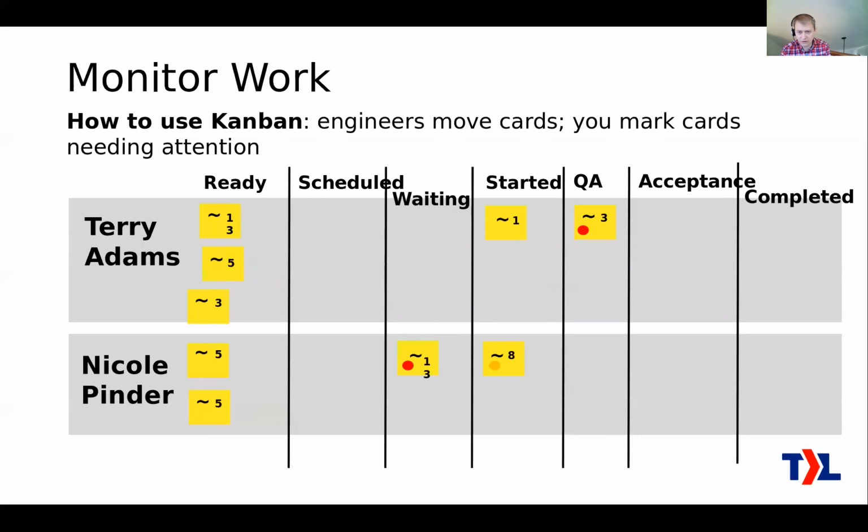Okay, so let's look again at the Kanban, how to use Kanban here. This is where the engineers start using this. Now, they're going to do basically all of the moving of the tickets around on this particular Kanban board. What they do is take work off of ready and put it over into started, or frequently this is called in progress. That's where they work on it until they're done with it. Ideally it only ever moves to the right.